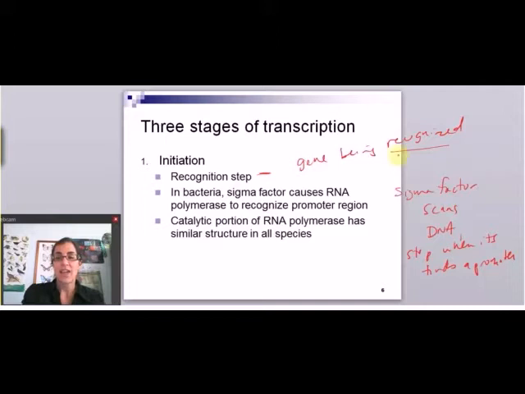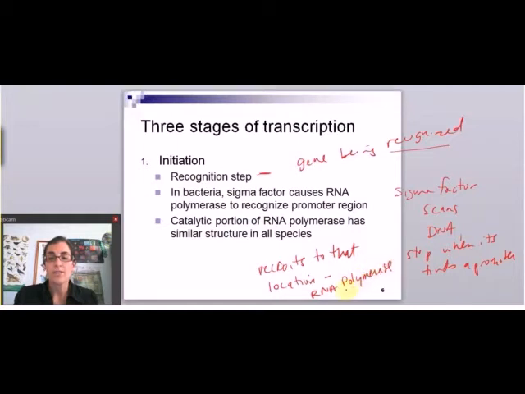So sigma factor scans the DNA, stops when it finds a promoter, and then it recruits to that location the other important enzyme in transcription,